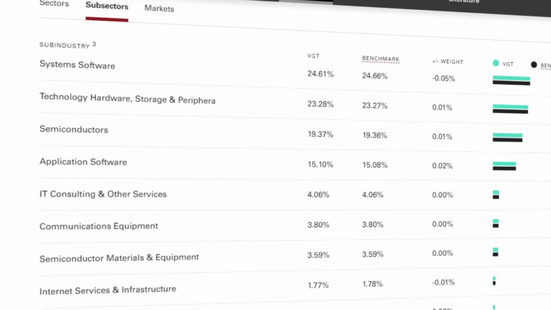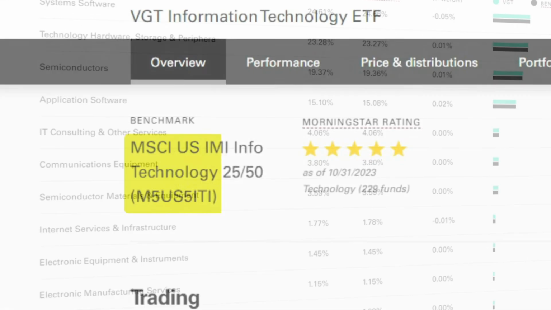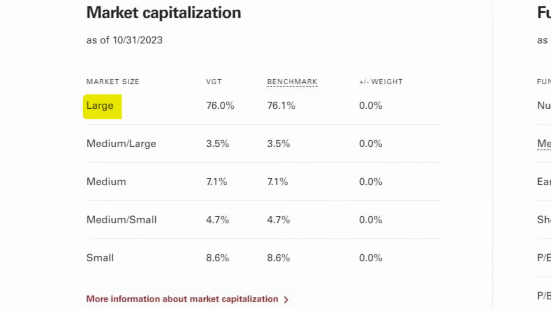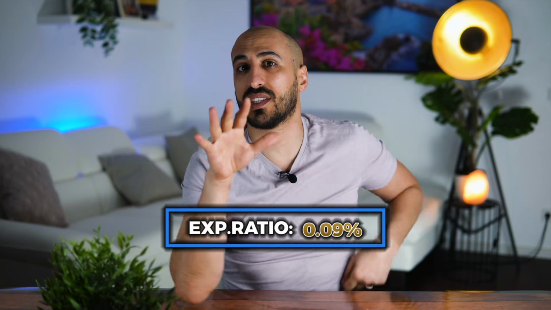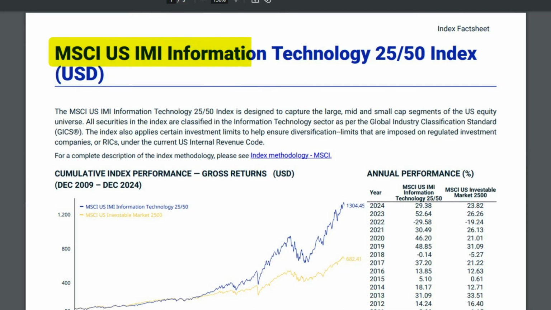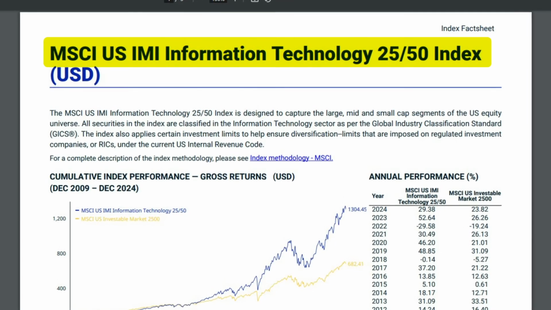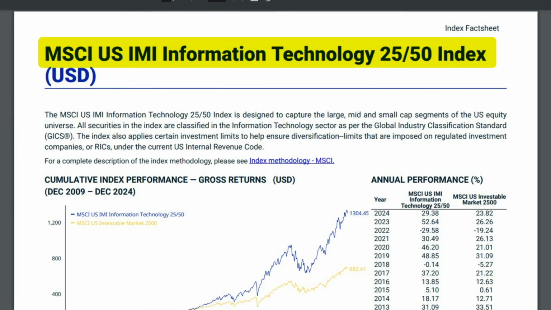The second ETF is VGT. VGT is your number one choice if you want a pure technology ETF because it's one of the most diverse market cap weighted tech ETFs with a wonderful coverage of the whole tech industry, including large, mid-sized and small US tech companies. The expense ratio is 0.09% and the index tracked by VGT is the MSCI US IMI Information Technology 25/50 Index,